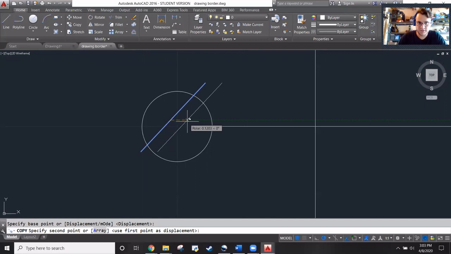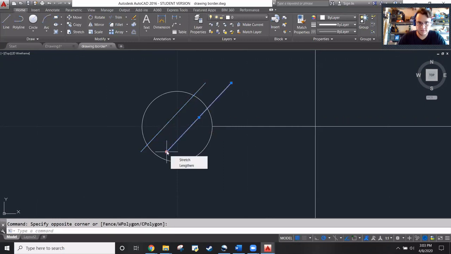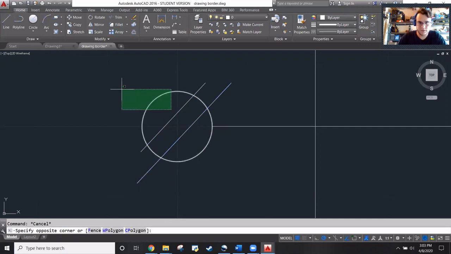And the only reason I'm copying it is so I can get it perpendicular. I guess it goes right about there. I extend this back out. Okay, and then I'm going to trim that again. So trim this, this, this, and this, all the stuff that's sticking outside your circle. Okay? So now I have this thing that looks like a flathead screw, which pretty much all wire